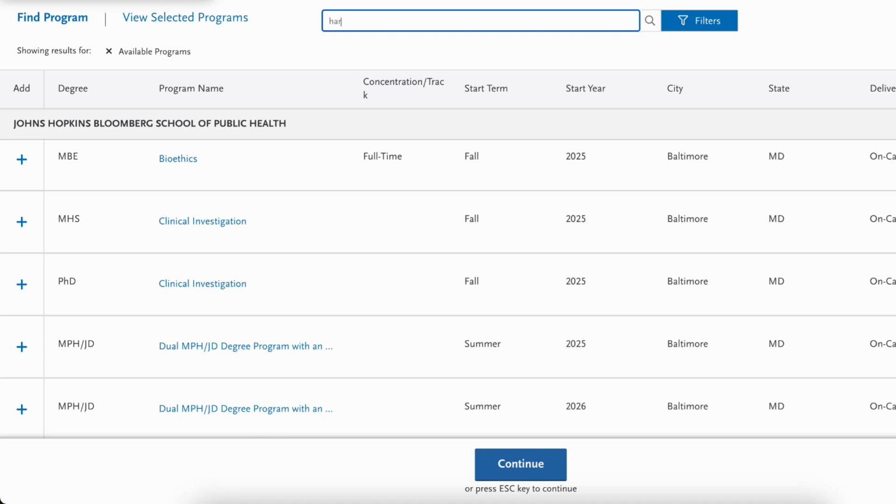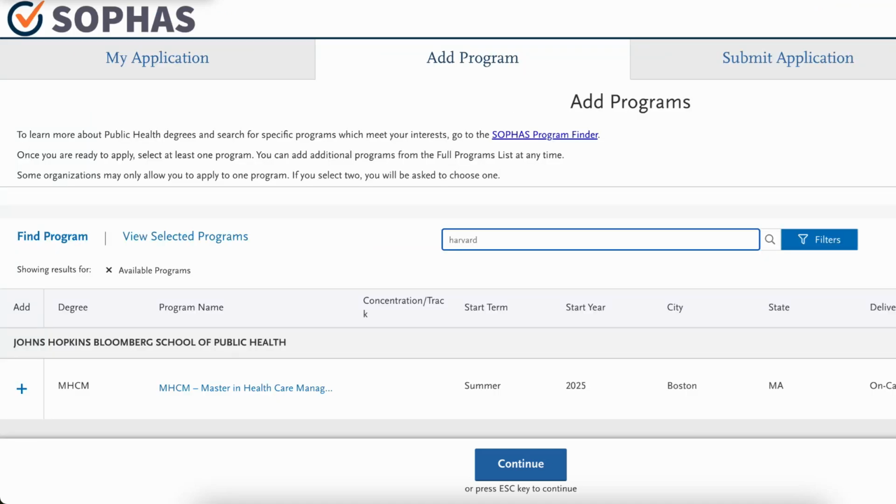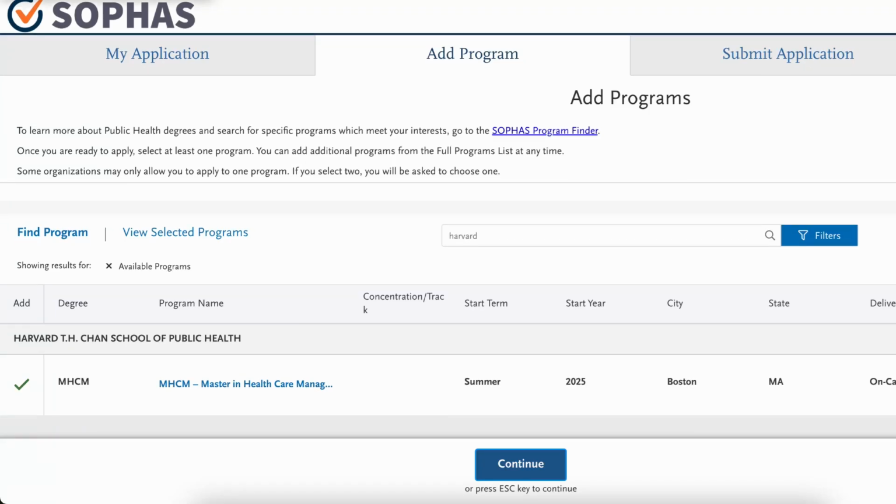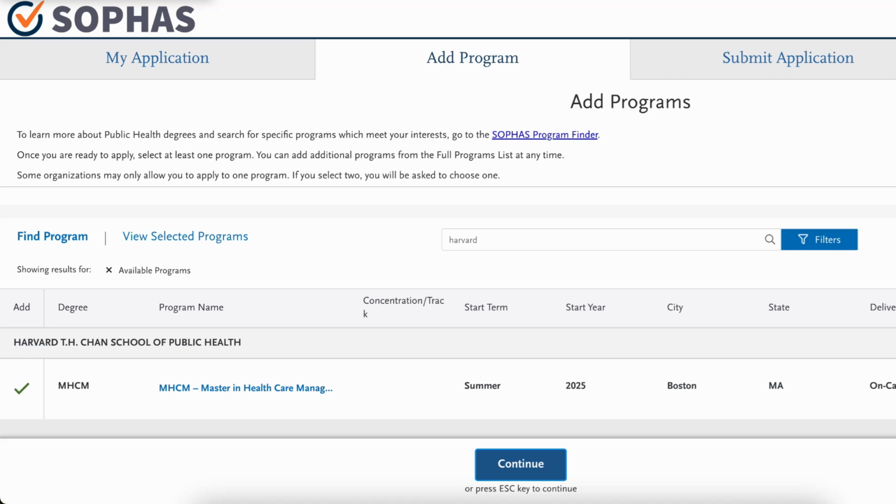So we want this. And then let's look for another university. So let's say Harvard, then search. So Harvard, there is only this one, so we can just add it as well. So now we've added 2 universities. We can click continue, or we can go to my application and then start from there, but let's click continue